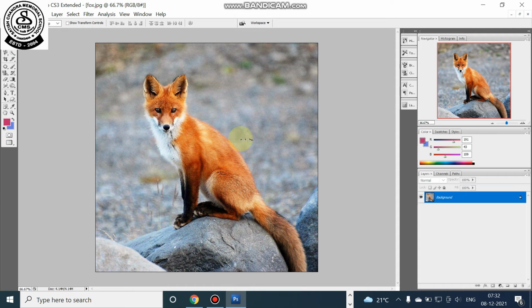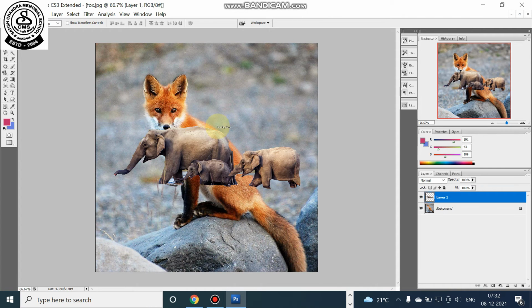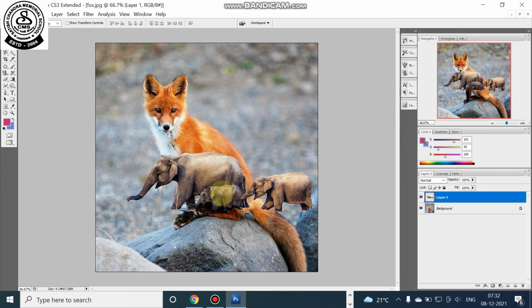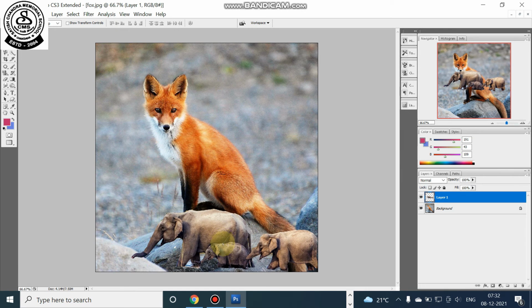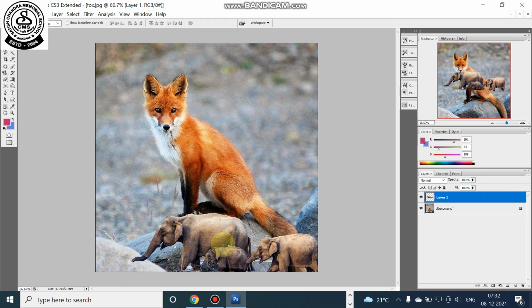Now in this picture you press Ctrl V, and you can see that the cut part of the picture is added. This is one way you can cut a particular part of an image and add that image into another image.